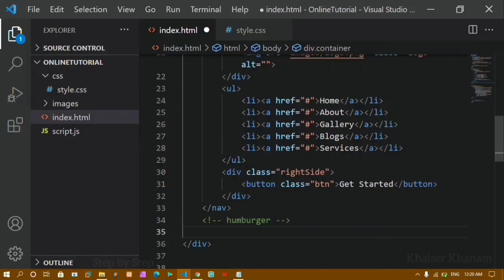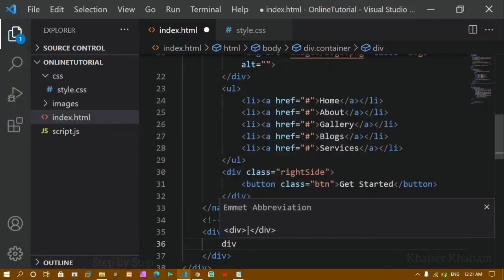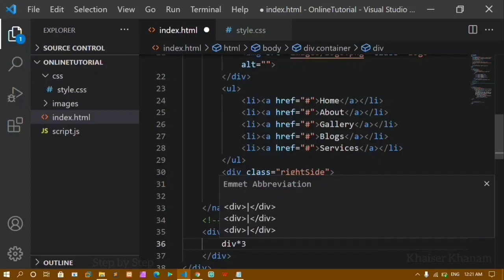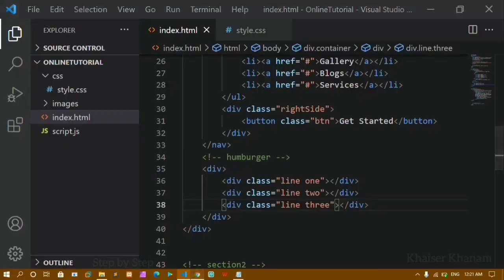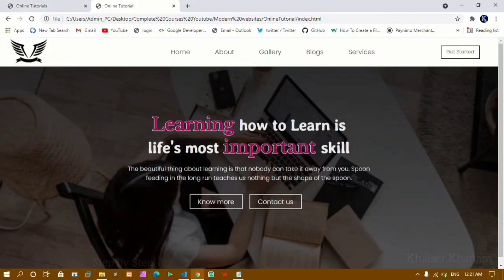Okay, below this I'll just create one div, and inside this div I'm just going to create 3 divs, div into 3, and for each div I'm just going to give the class as line. Okay, this is Emmet, and for first div I'm just going to give the class as 1, first line. For second I'm just going to give the class as 2, and for third I'll just give the class as 3. I'll save this,